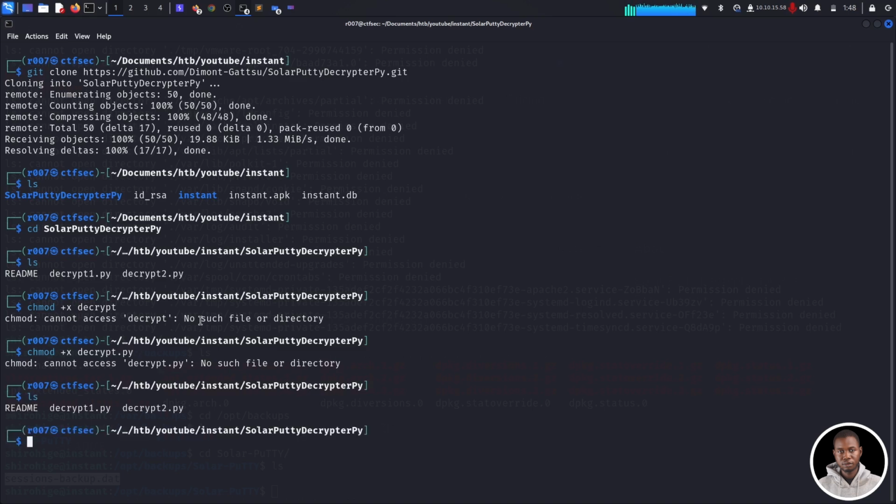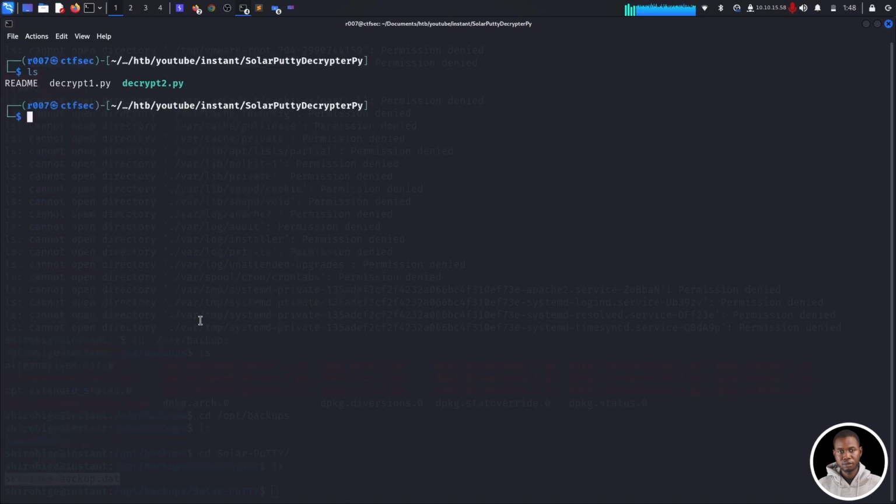So when we do ls, okay, 2 is missing. All right, great. So now we can do cat decrypt, or rather, let's do sublime